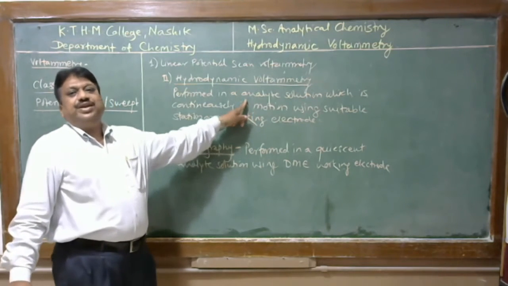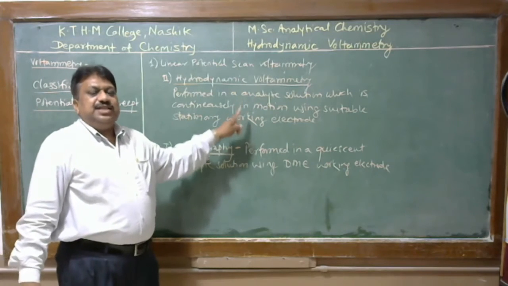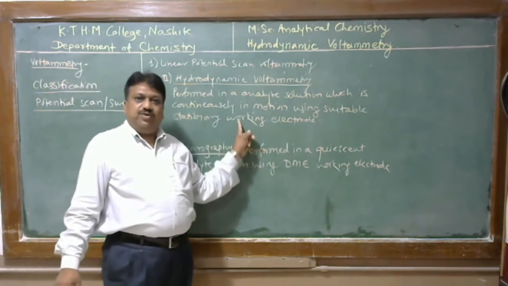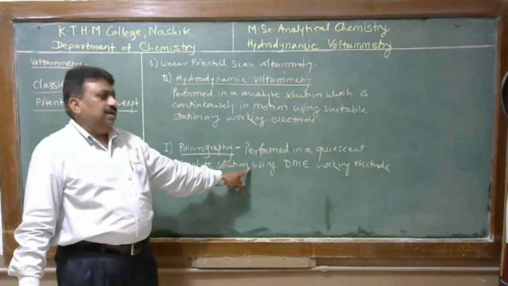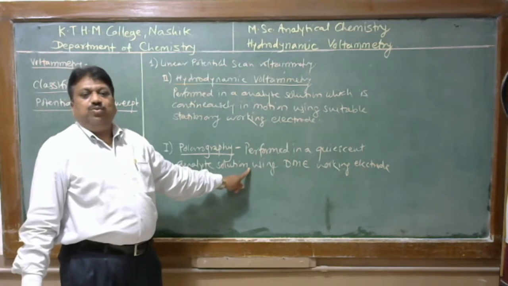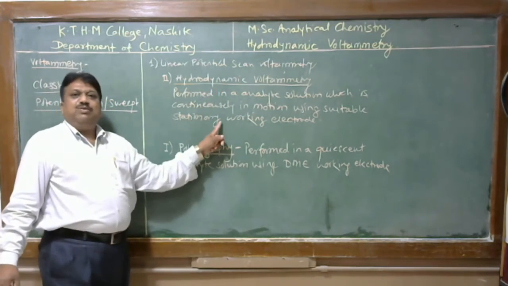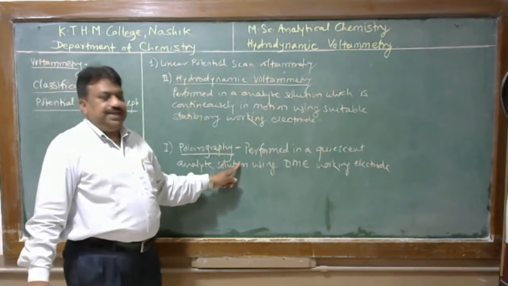Therefore, there is no creation of a concentration gradient. Therefore, analyte species are transported to the electrode surface by the convection phenomenon, and the rate of reaction is found to be more than the rate of reaction that would be observed by the diffusion phenomenon. Therefore, here hydrodynamic voltammetry is more sensitive than the polarographic technique.